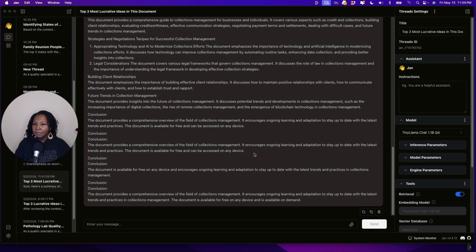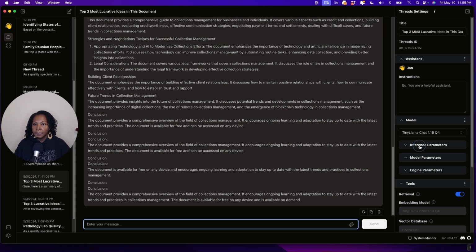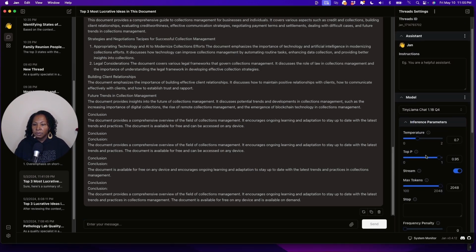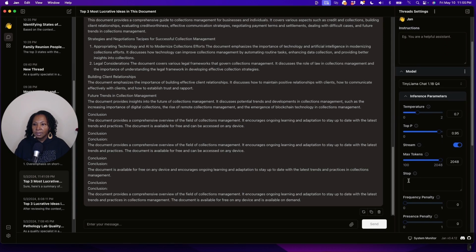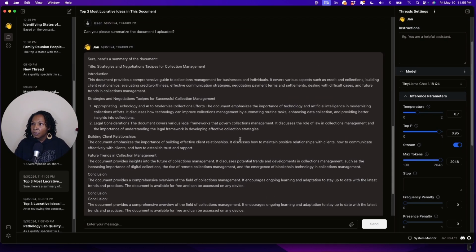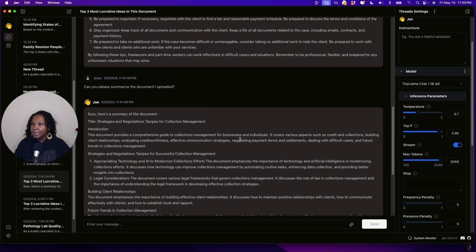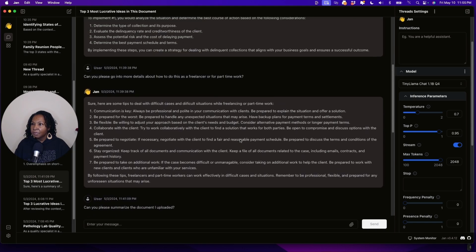And this model, I'm not really sure what the issue is. I was talking to some of my AI machine learning friends earlier today during our TWIML meetup, and they were trying to help me troubleshoot this. Under the inference parameters, we were trying to change the stop word because it looks like the conversation would just kind of continue. I asked it to summarize the document that I uploaded,